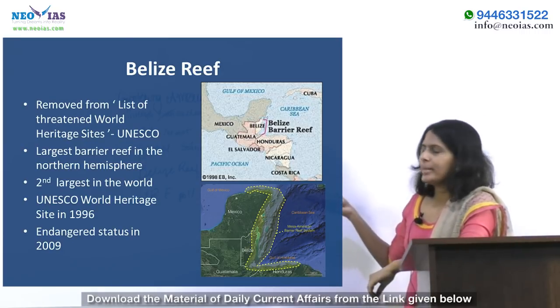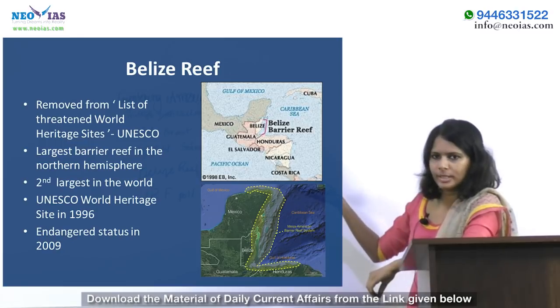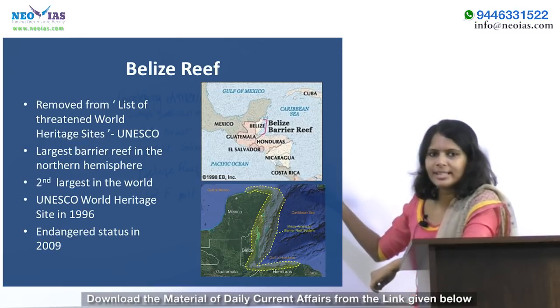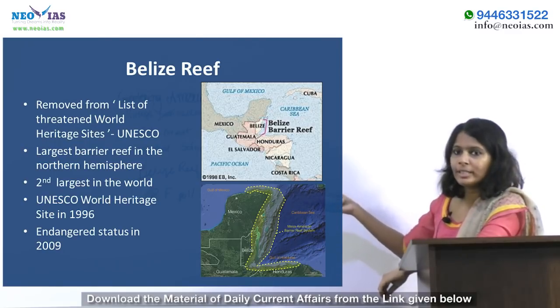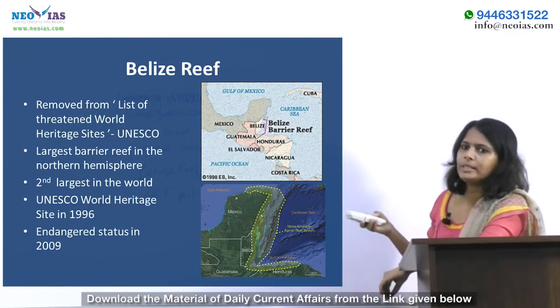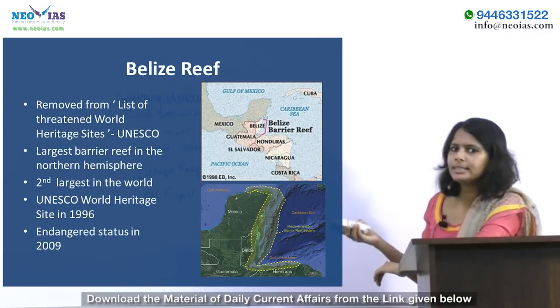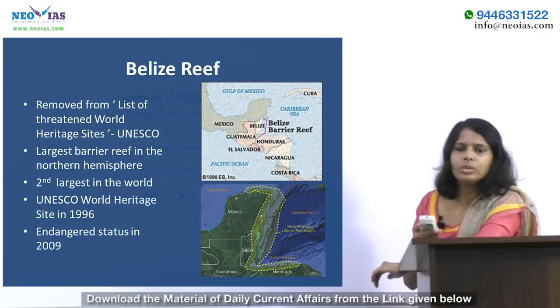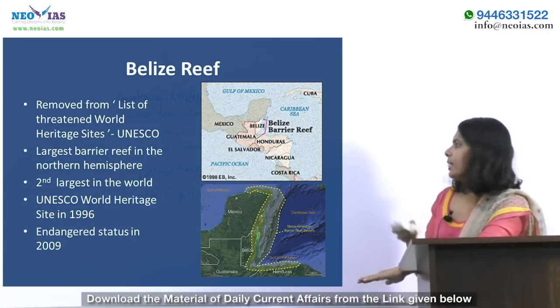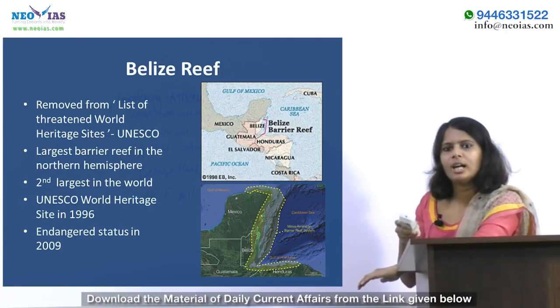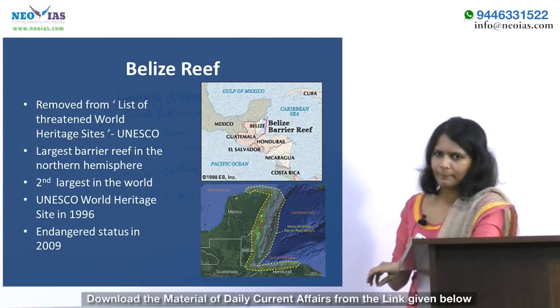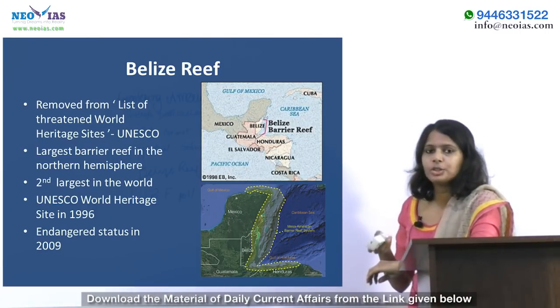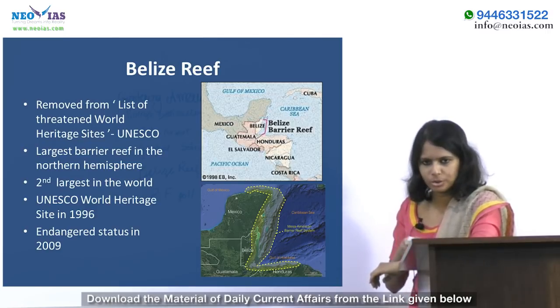This Mesoamerican coral reef actually stretches from Mexico's Yucatan Peninsula all the way to Honduras, and including this, the 380 kilometers in water of Belize is the portion covered by the World Heritage Declaration. This Belize Reef is the largest reef complex in the Atlantic Caribbean region. It is the second largest reef system in the world after the Great Barrier Reef in Australia.